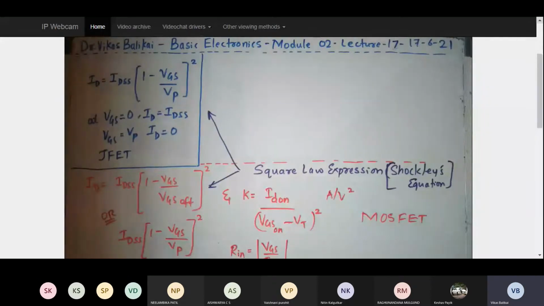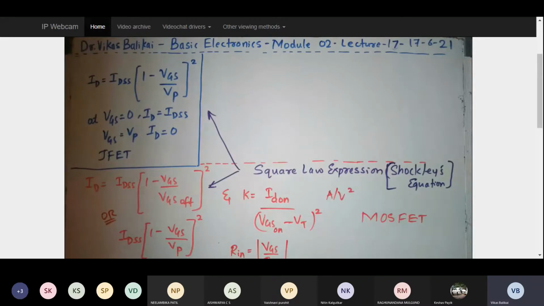So this is your lecture number 17, and like we discussed in the last few classes about the various aspects of different types of transistors, especially we talked at length about the MOSFET as well as the JFET, that is, the junction field effect transistor. In that, we tried to categorize with respect to N channel, P channel, enhancement, and depletion, and we tried to address each of them in detail by drawing the respective curves.